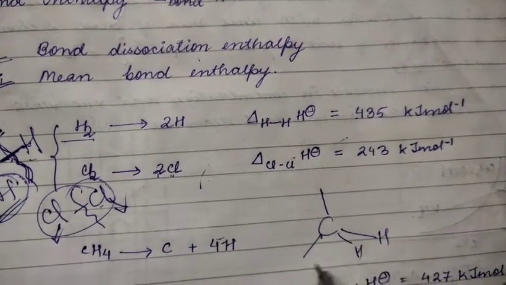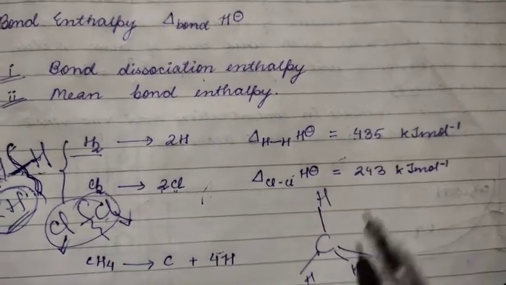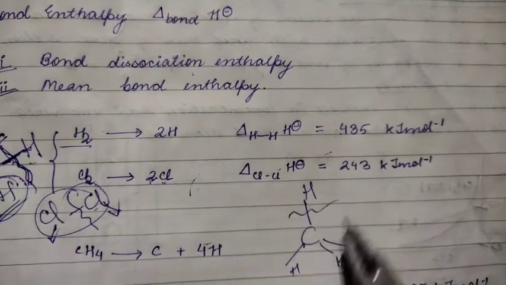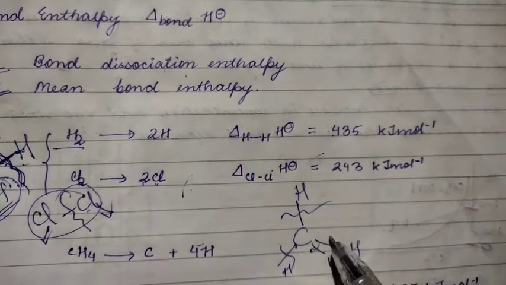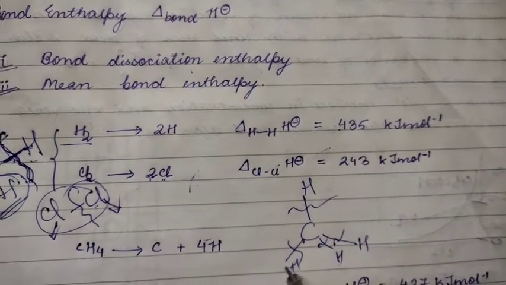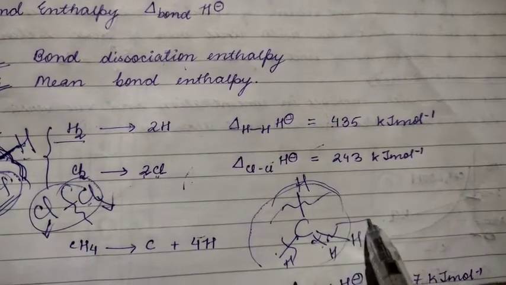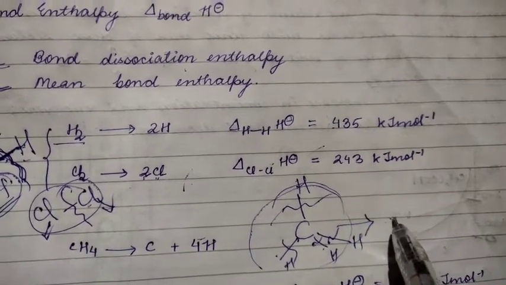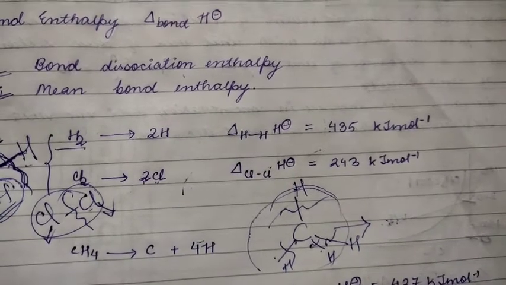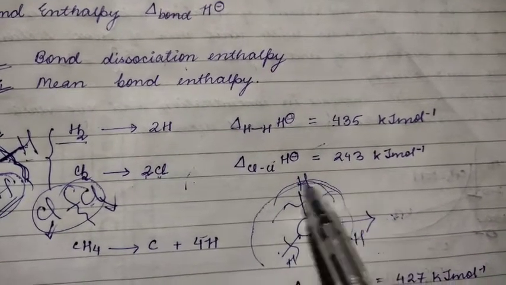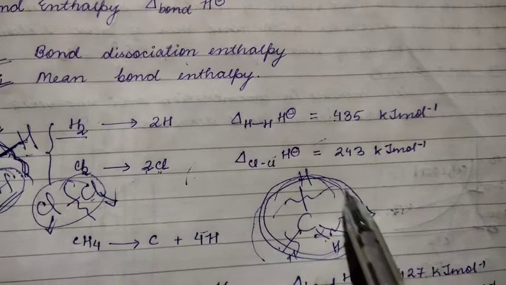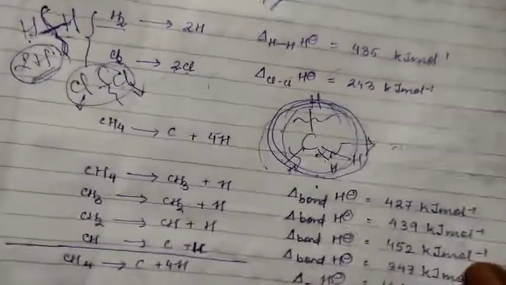So, this, right? Here, you know that you have to break this bond, you have to break this and this as well. So in order to break all these bonds, one by one, it will take different values of energy. It will require different energies. So you have to take the average of all the energies. Now let us see how it takes place.